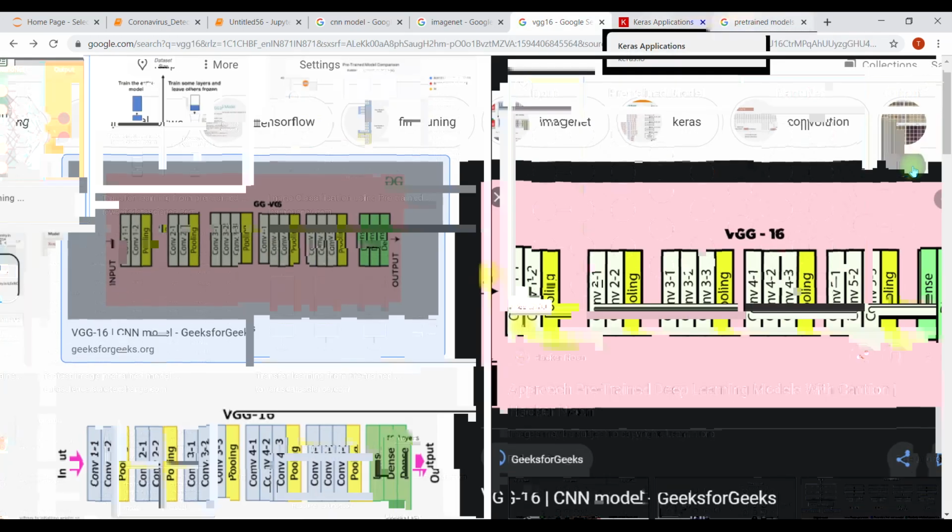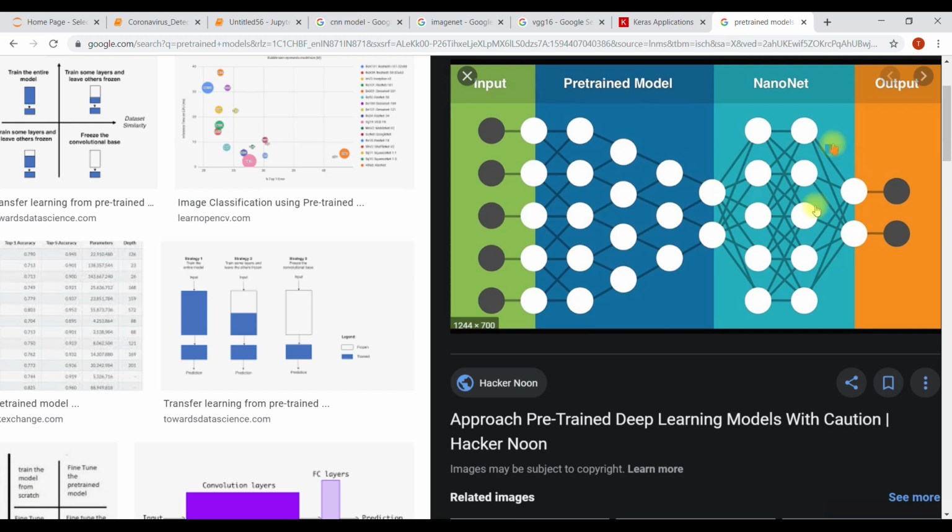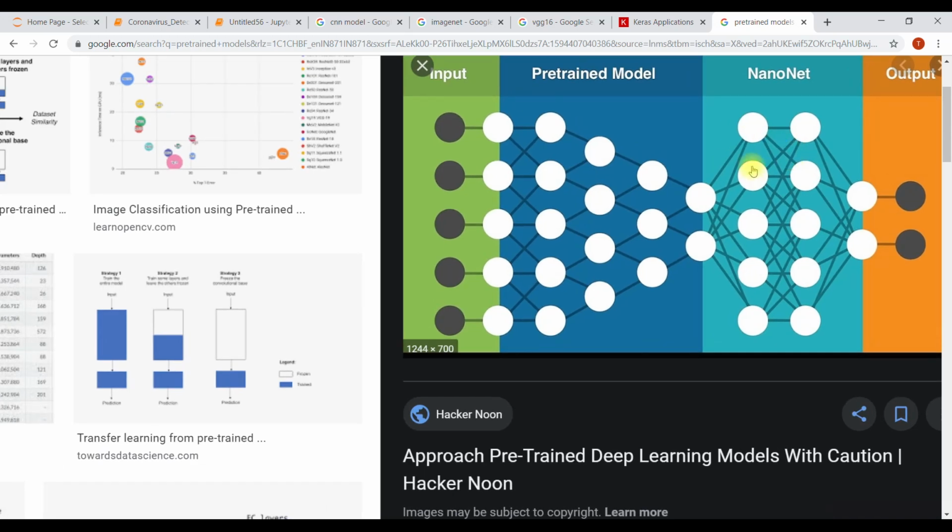So we're going to remove the last layer of VGG16 and add our own layer, which has two outputs, and we're going to fine-tune it. These lines you are seeing are the parameters, the weights and biases. If you know basic CNN, you know what weights and biases are. The weights and biases here are already trained, so we just fine-tune our own neurons' weights and biases according to our output.